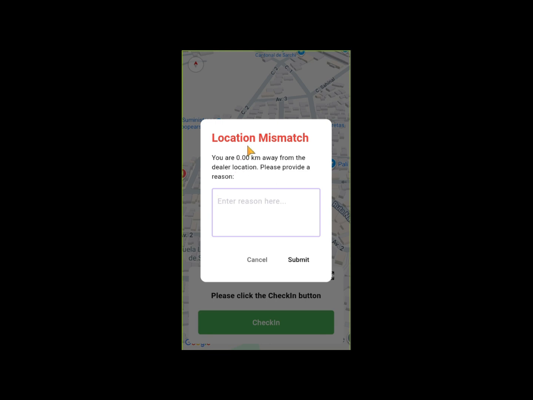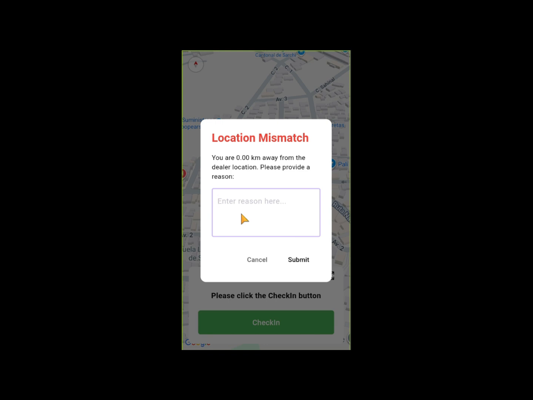Then enter your reason and submit to the admin. If you are inside the 500 meters, then this pop-up message is not shown on your phone. So right now it's showing because you are outside the 500 meter radius.